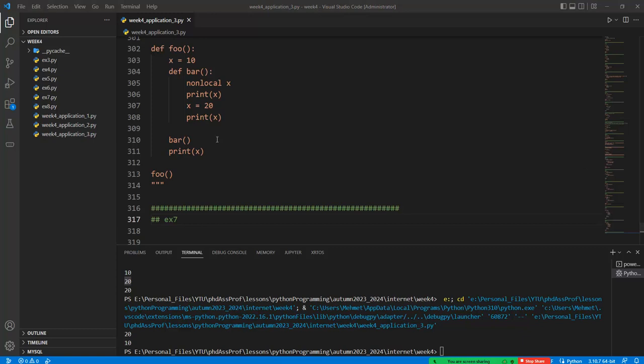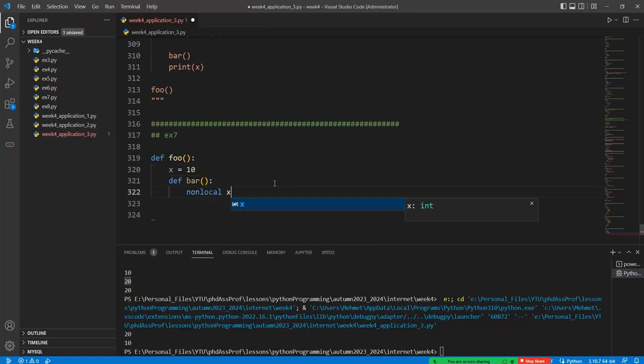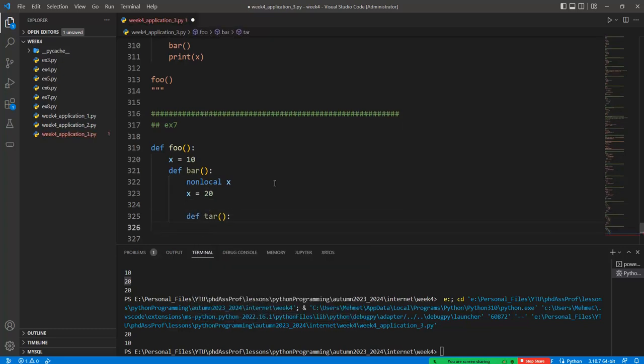So we will create a complex example like this one. x is equal to 10, def bar, and we can create a nonlocal x in here, which means that this is the x within the foo. Okay, and so we can assign this x like this one, and after that we can define another nested